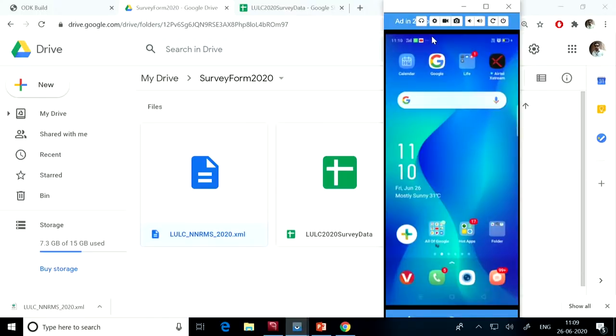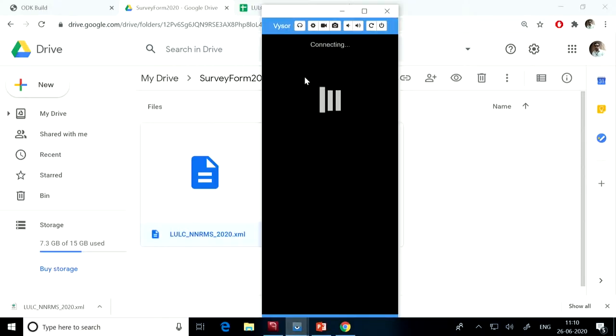Let us take Google Play Store. I think it is visible here, but I think that screen is not visible. Only thing is that I have to download the third component, ODK Collect, and fetch these forms into it, collect some data and send it back to this.